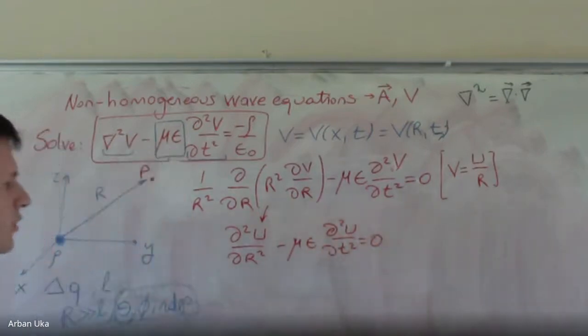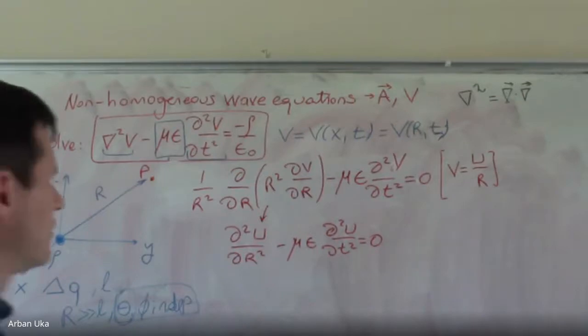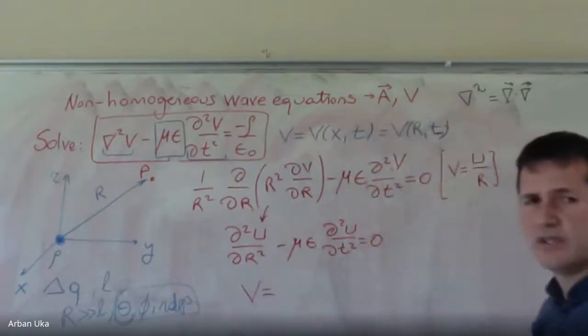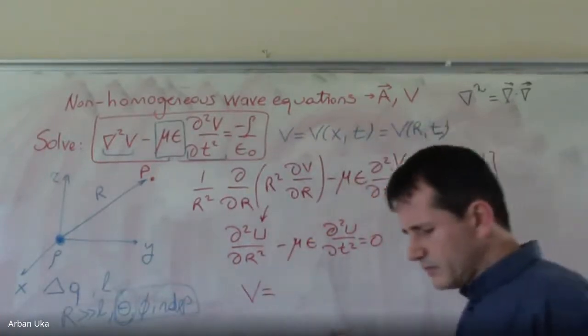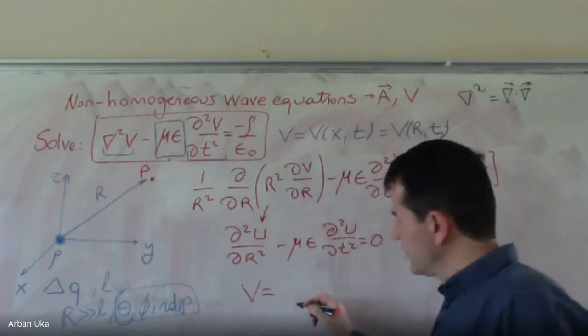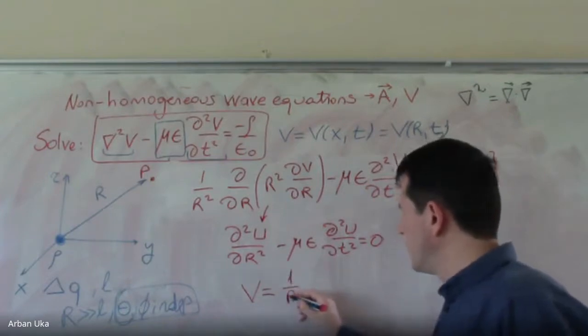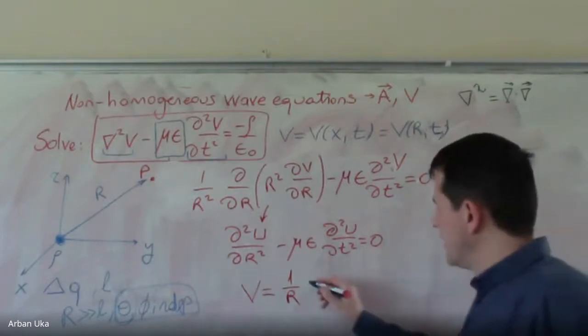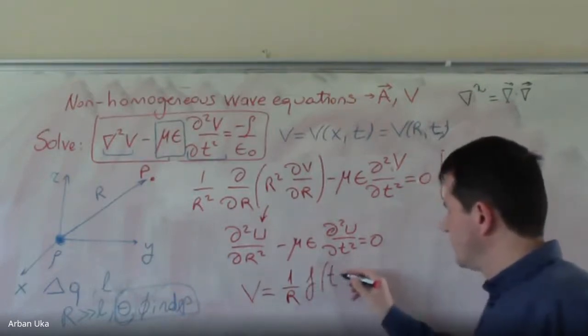Now, this is all differential equations. Finally, what really matters for us is the final solution, which is that we get a potential V, which is equal to, let me write this one, 1 over r times any function of time minus